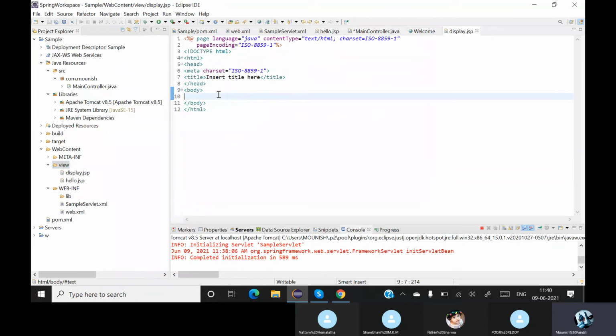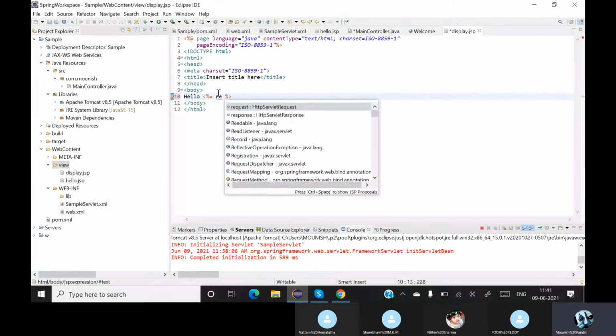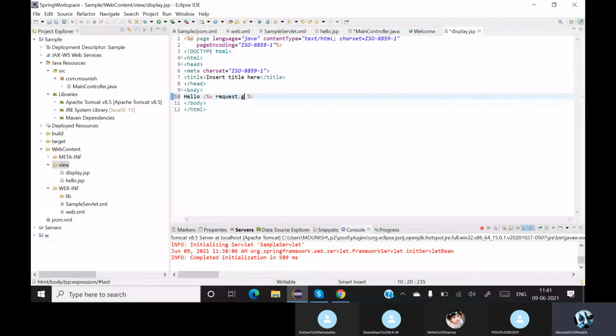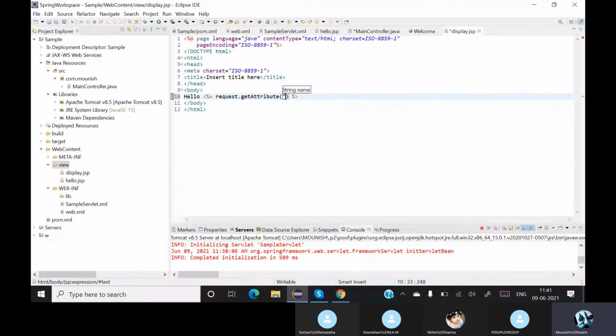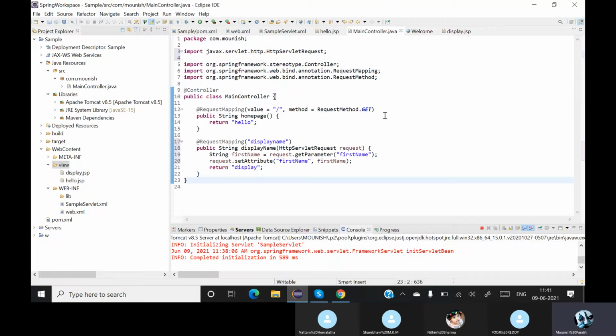Inside this file, let me say hello, and then I am using a JSP tag. Inside this tag, I can say request.getAttribute, and the attribute name is firstName. Done. Save this also.